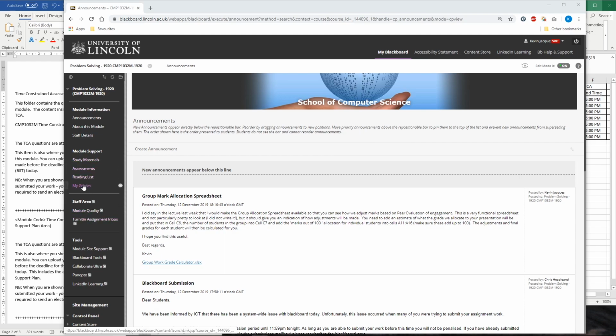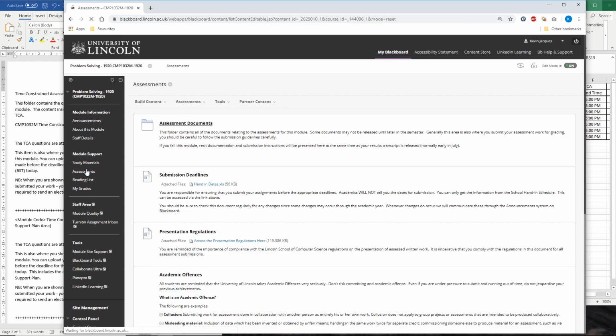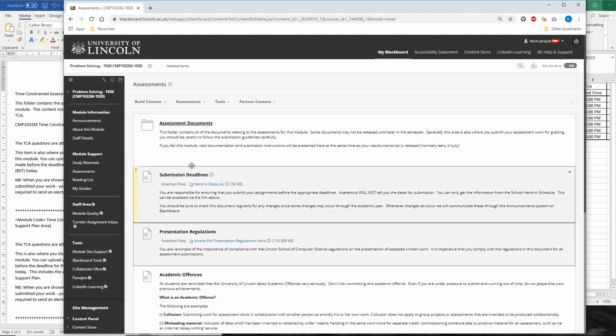you get different content areas, and I'm pretty certain that everybody will have one that's called assessments. So you can click on the assessments link on the left-hand side. That will open up a folder that looks at all the key stuff for documentation for assessments. In my school, we present a significant amount of supporting information and supporting documentation with regards to assessments in our school. So we've always got hand-in spreadsheets so students can know when the dates of submission are, presentation regulations and